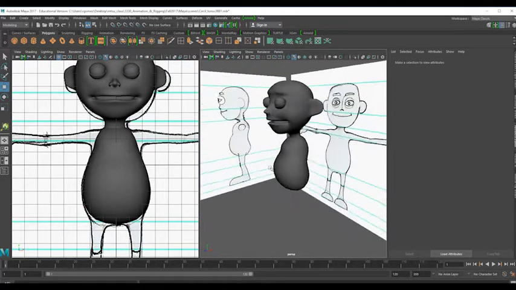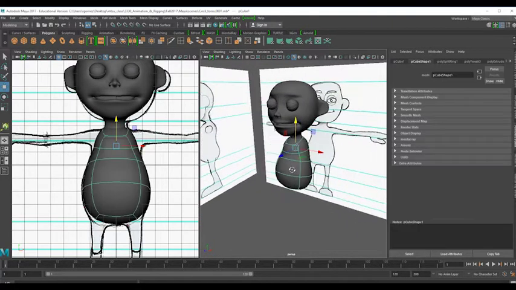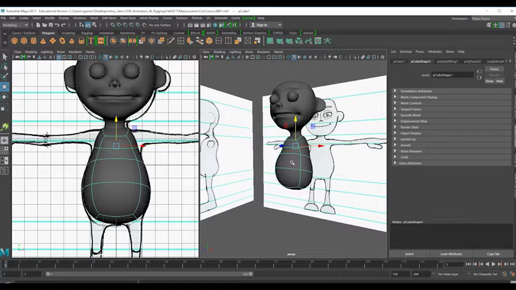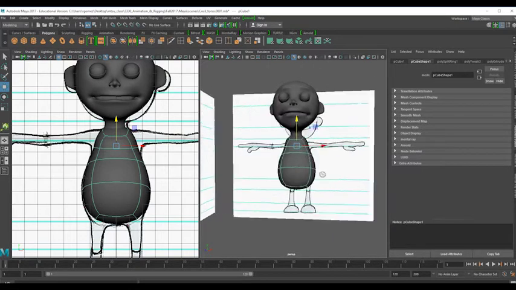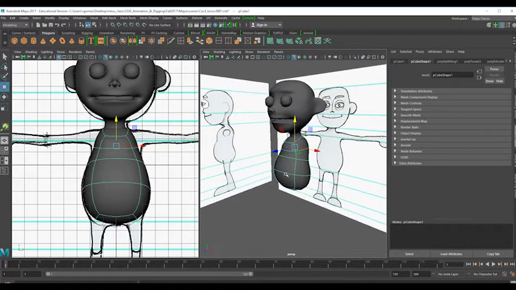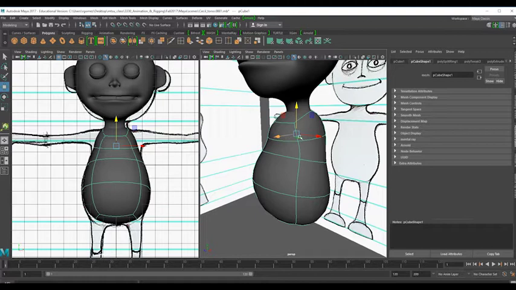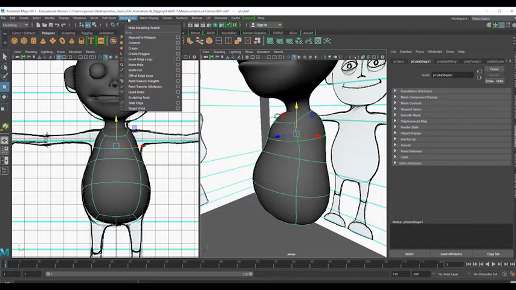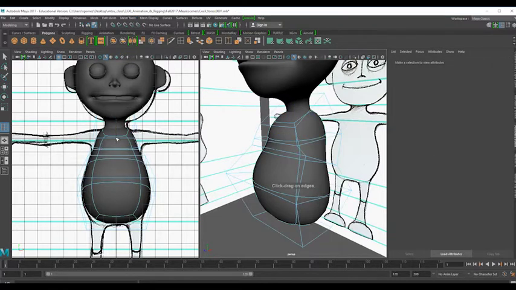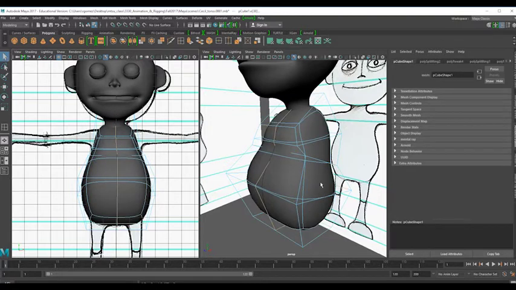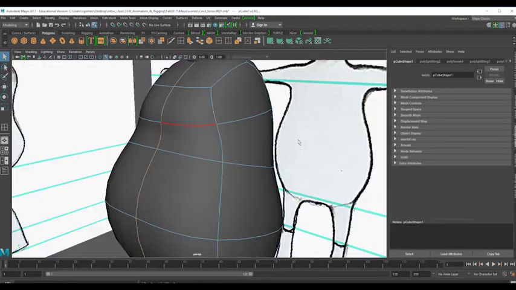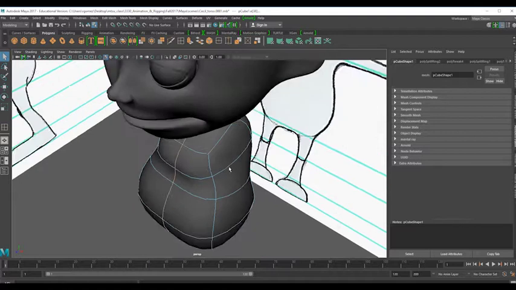Now we are going to add some more information to Cecil's torso with the plan of maybe preparing some of his upper body, the chest and the shoulders, a little bit of the connection with the neck. In order to do that, I'm going to first start by inserting an edge loop on the front view so that we can have kind of like a half of the body, and that right away made his body more